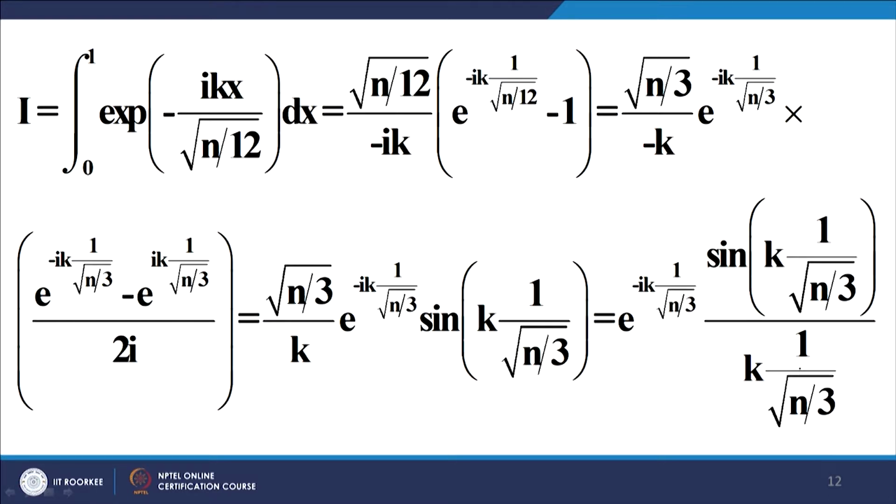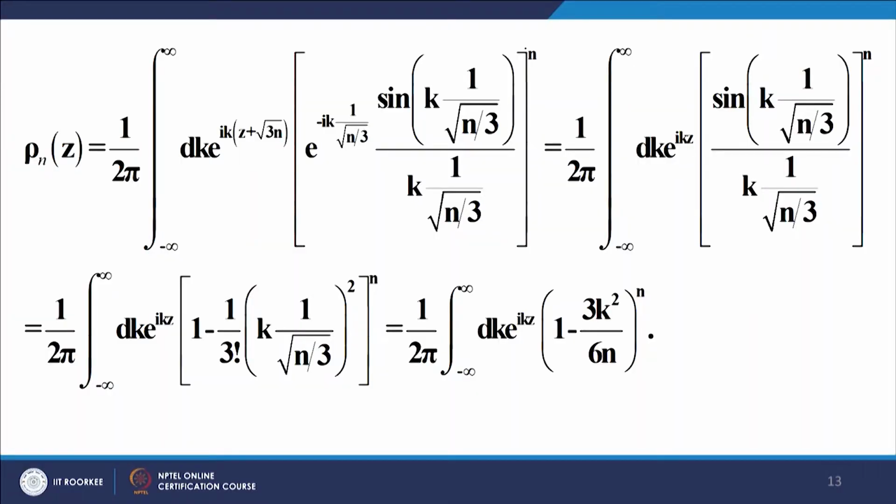So, it is not very difficult and you can get this expression in terms of sine theta upon theta, it is of the form. Now, you substitute this value here and take the power n, get back the power n. If you look at this carefully, this expression when raised to the power n gives you the same expression as this under root 3 n with a minus sign.